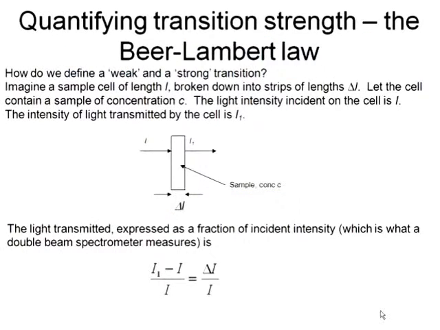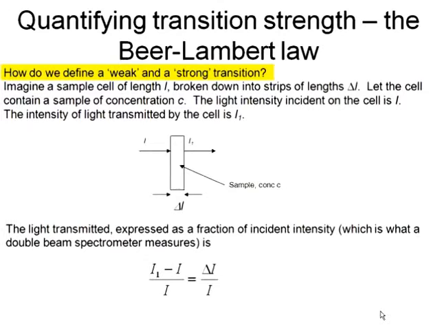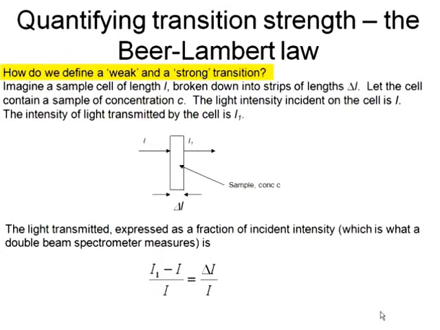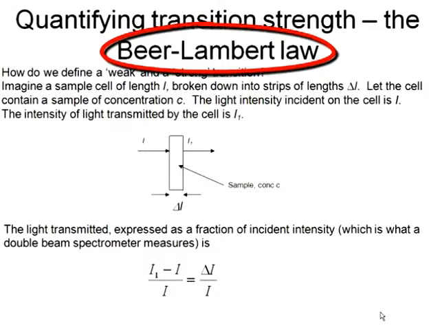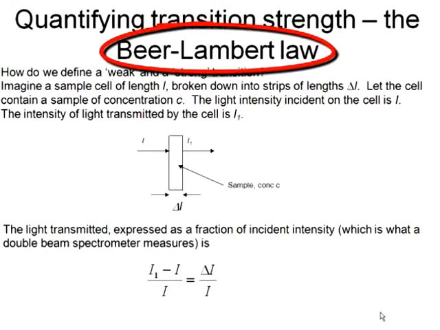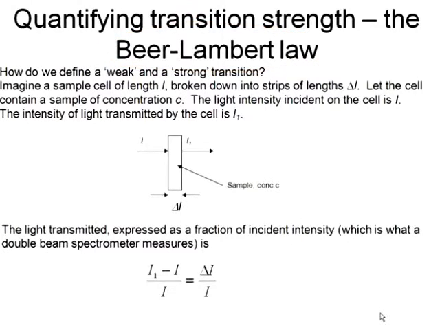So we need some way of quantitatively assessing the strength of a transition. What is the intensity of the electronic absorption? And we do that with something called the Beer-Lambert law. We can use the Beer-Lambert law to assess the amount of light transmitted by our sample, and then we